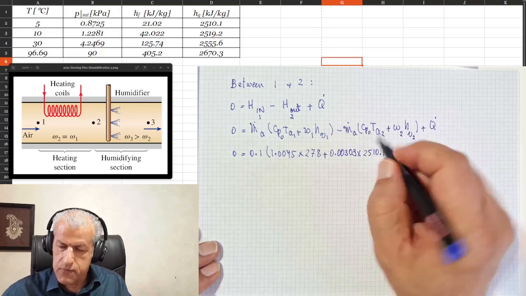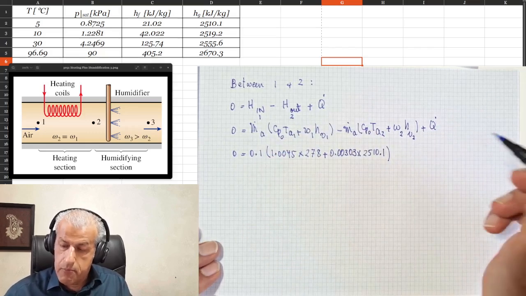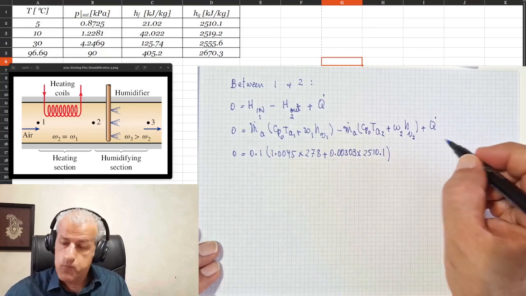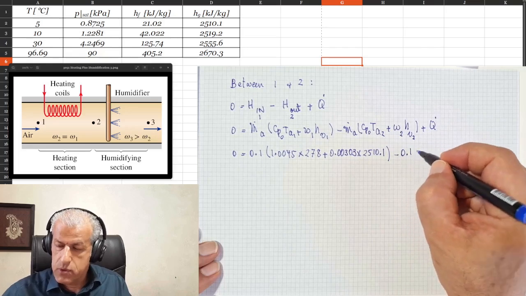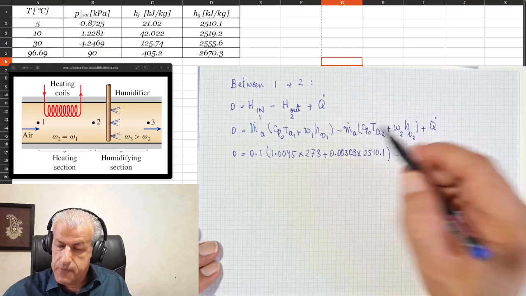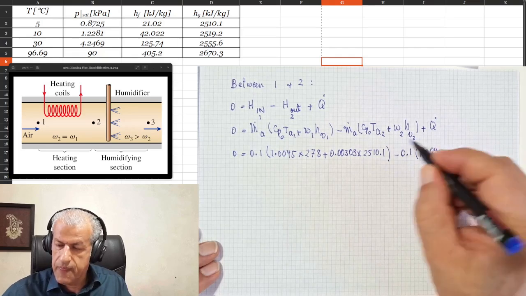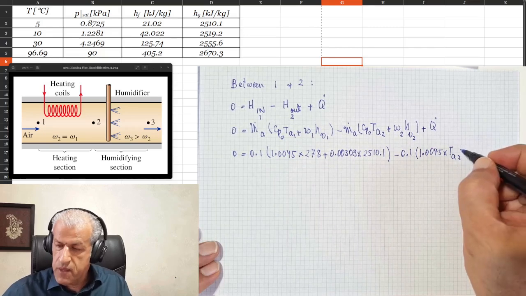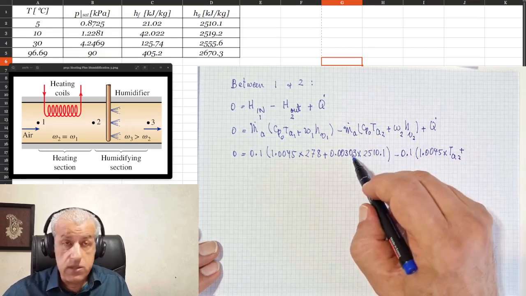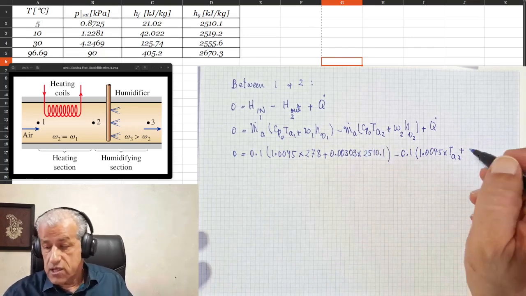That's all we need for the incoming stream, minus m dot A, once again, 0.1 times Cp0, 1.0045 times Ta2, which we don't know, plus W2, which hasn't changed from W1 because between 1 and 2 we have injected nothing,